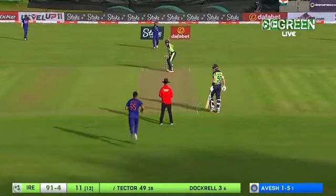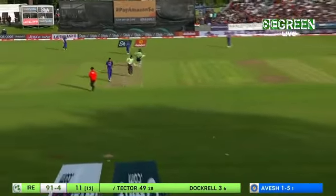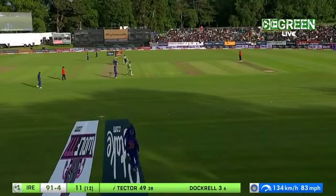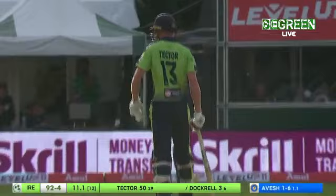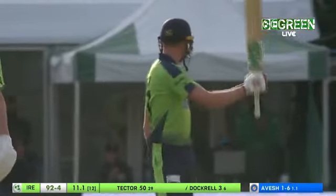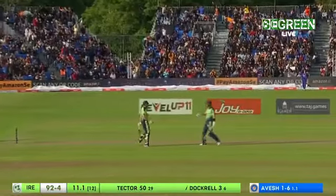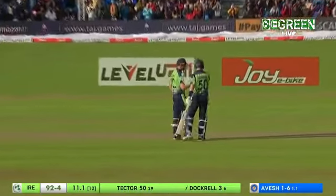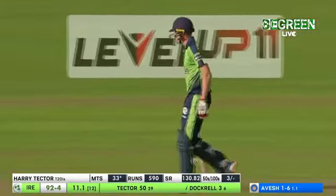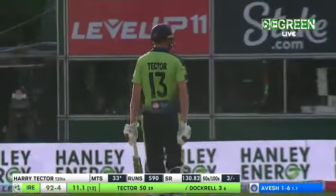The bowl, this is the last over of the Irish innings. That's 50 for Tector. Can he turn it into 2? No, he says no. Fielder was in quickly. Harry Tector's last 50 in T20 cricket was against Oman, but in deference to them, this is higher quality. His third T20 50. An excellent innings, a brilliant innings from Harry Tector, who not that long ago was left out of the Irish T20 side for the recent trip to the USA and the West Indies, and undoubtedly